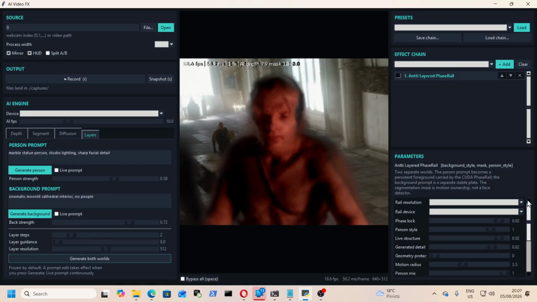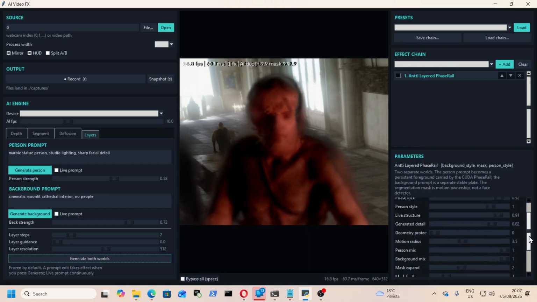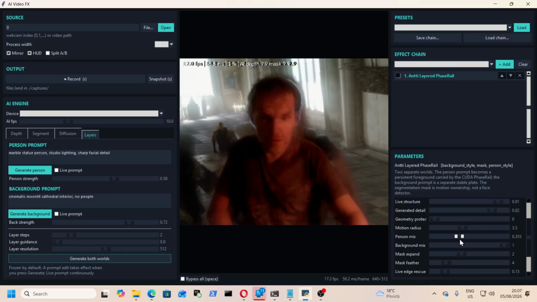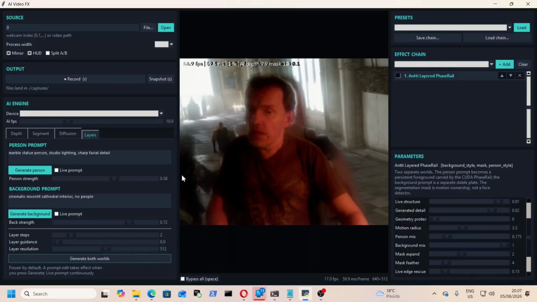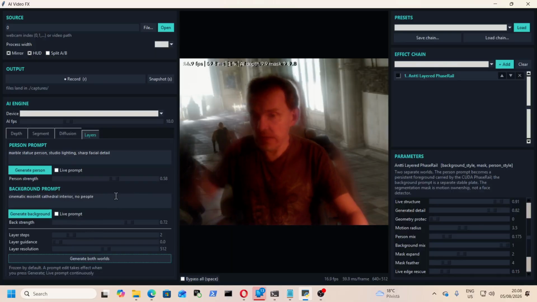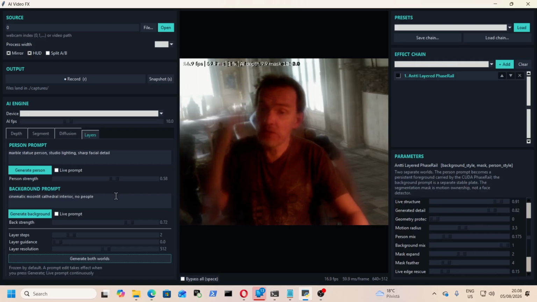let's see. I'm looking for the layer separation. As you can see here, some of the front layer is leaking to the back. But for example, you could just have a background, and then you could change the background at will. Of course, this is the kind of stuff that OBS, I imagine, has a lot, so nothing really special in there. But